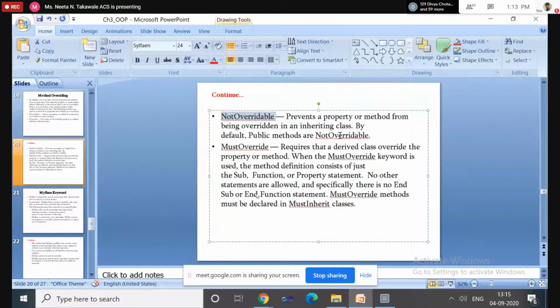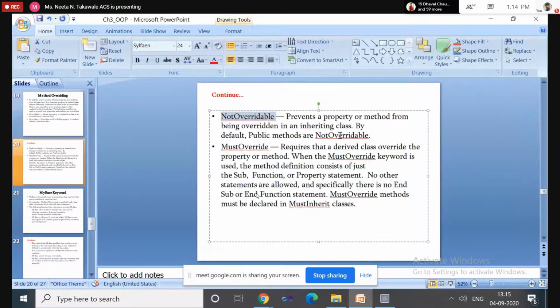The class which has a MustOverride method should also be declared using the MustInherit keyword, sorry, MustInherit keyword.